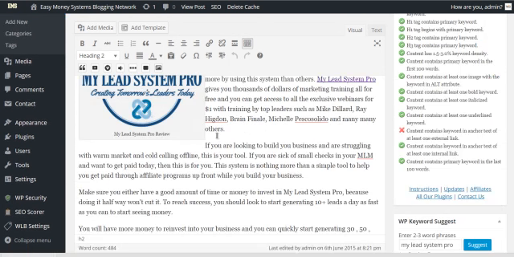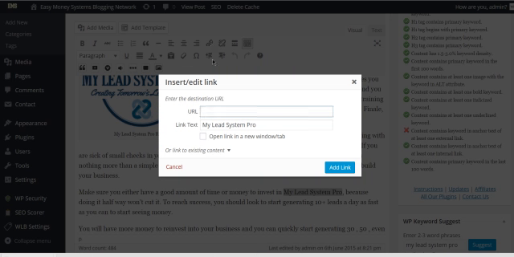Right, the last thing we've got to do now is put the same link in and put it in with another keyword. Let me get the keyword. There it is. And we'll do the same thing again. But what you could do is, MLSP let you join for free. You can become a member of MLSP and click on the link and join for free and promote their products. So you can put in a link,